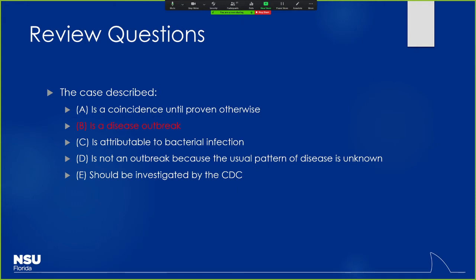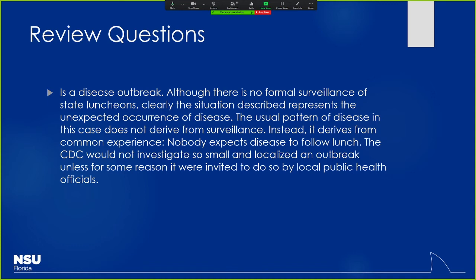They could look to see, was there a pattern of cases? Was it related? They would do something very similar to this where they could actually investigate to see who ate what, is there some kind of link here, etc. So there's either that or you could have departments of health that could request assistance from the CDC, right? So for instance, if they think that it could go interstate, or if it's something that is quite rare, if we had a case of Ebola here in Florida, I'm pretty sure the CDC would want to get involved just because of the implications of that, right?